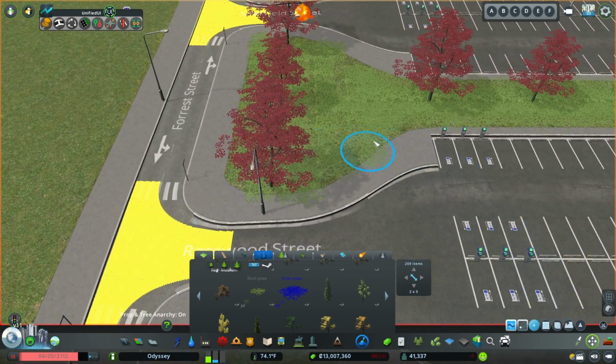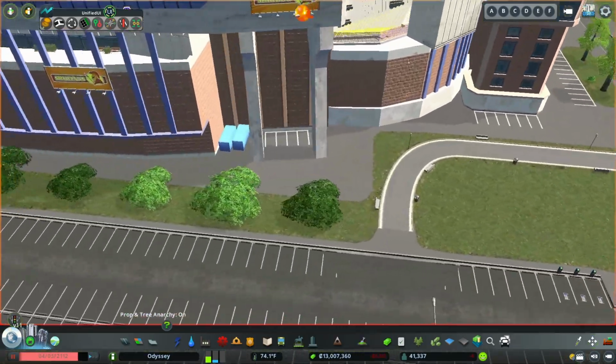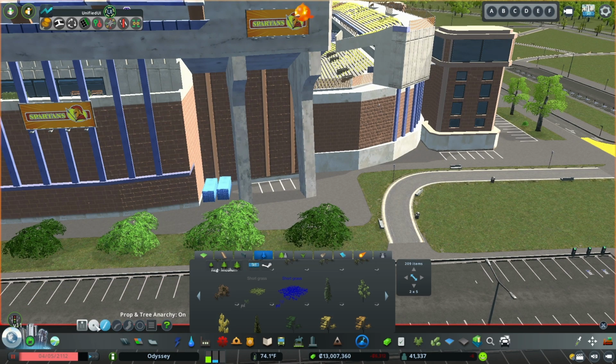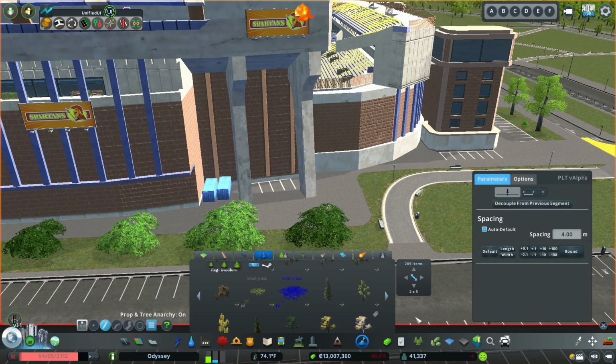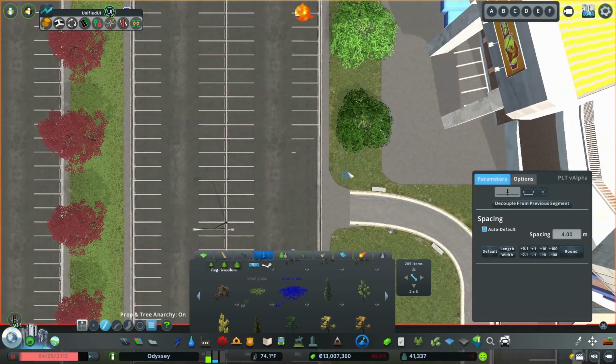You just grab the Move It mod, grab your little grass, slide it over. But the way that I do this, and I'll show you over here, is I just grab the prop. I grab my prop line tools that I have from the Steam Workshop as well. I change the spacing to a 4-meter spacing. You might find something that works better for you, but that's the kind of distance that I want. And then all you have to do is just draw a little line